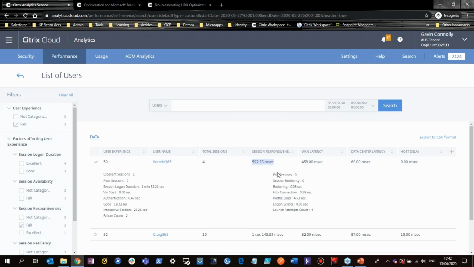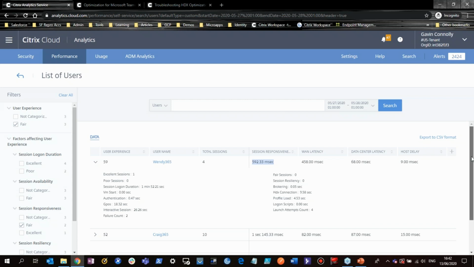So I did this test from here, and I logged onto that on-prem environment using an on-prem gateway, and you can see that I didn't get kicked out, but I have a horrible, unresponsive session. My session is horrendous, so I can see that directly from inside of here. And that's not fake data, that's real data. That's me logging on from this house here in Dublin, Ireland, and seeing this experience.